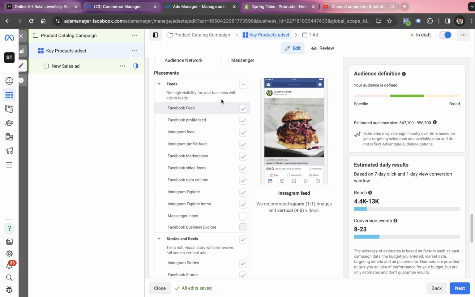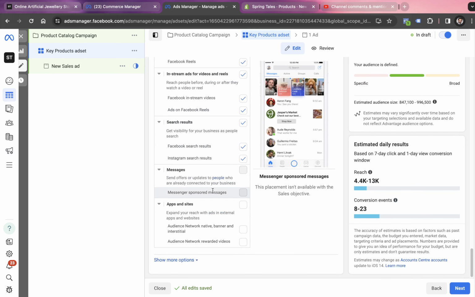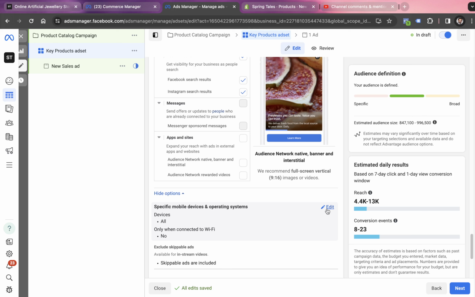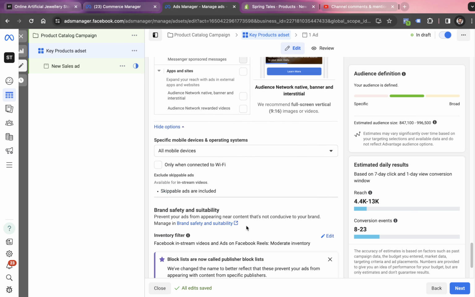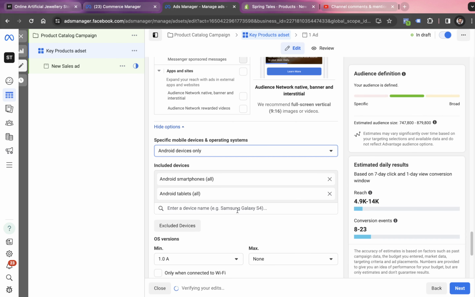And additionally, in placements, it's totally fine. We can show the ads to all the different places in Meta ad accounts in Instagram and Facebook both. And if I click on show more, we have an option to choose the devices. Now, if people are having any products in the list, let's say we are selling mobile covers, and this mobile cover is only for a particular device. Let's say it's for S24. In that case, we can only choose S24 as the device targeting. It's a very good feature if you have a product which is gonna get connected with any of your devices.